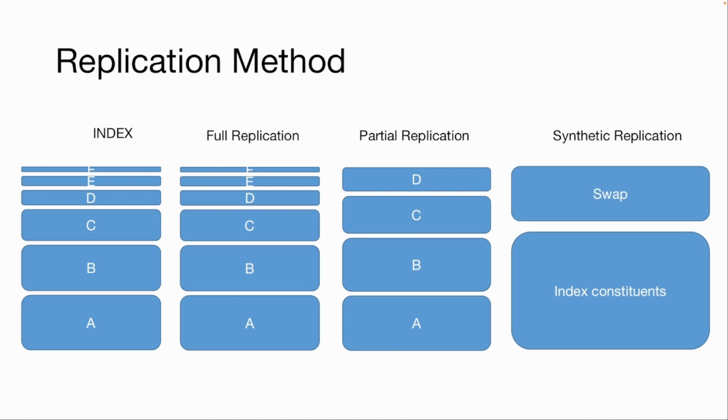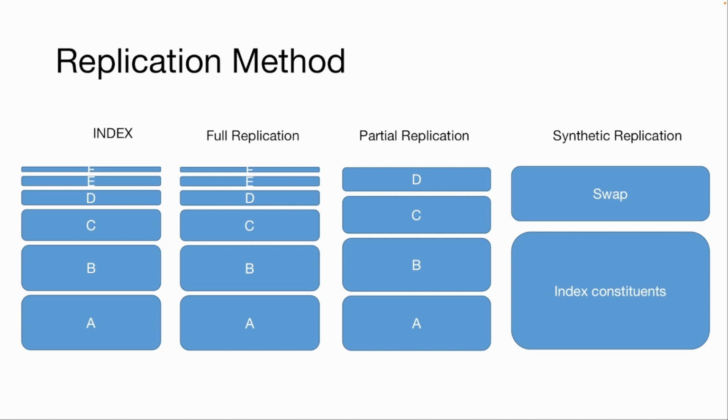Some indices are extremely large, like the MSCI All Country World Index, where there are more than 3,000 stocks. Here, buying and maintaining a basket of 3,000 stocks is extremely difficult and expensive. So the ETF provider will go for a partial replication. They don't buy all the stocks, but just some which closely follow the index. If there are 3,000 stocks, the bottom 1,000 will have extremely low weightage in the index, and therefore their impact on performance is negligible. In partial replication, these 1,000 stocks are not held by the ETF.